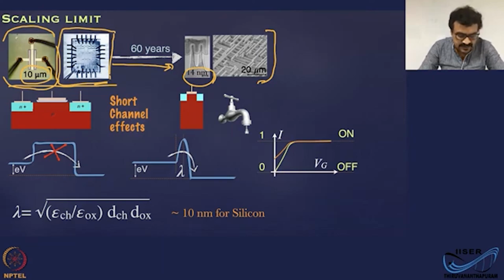So as I mentioned in the previous slide, these MOSFETs are like switches. Okay. It has two states, an on or off state. So by the application of a voltage on one of the terminals, which is called the gate, you can have a current flowing through the circuit. Okay. When the gate is off, there is no conducting channel here and the current is zero. So we can visualize this